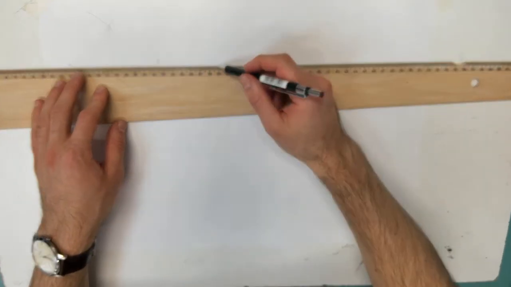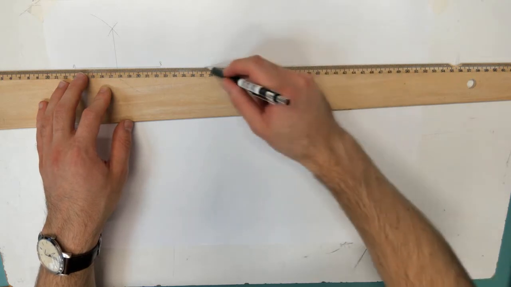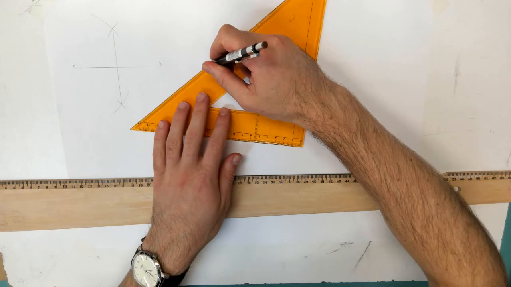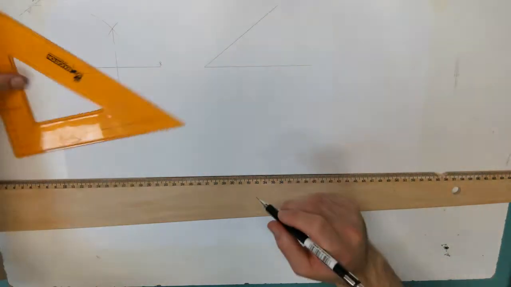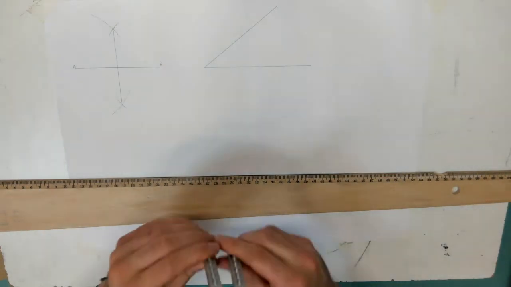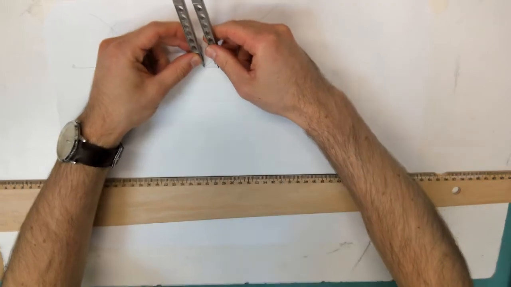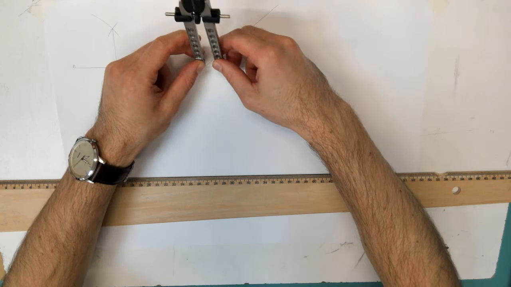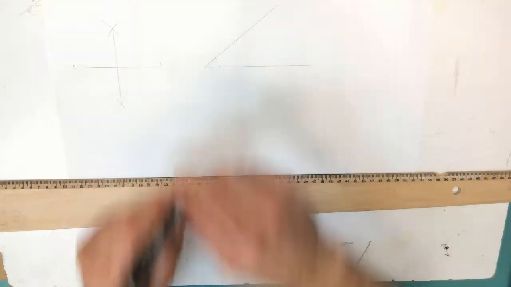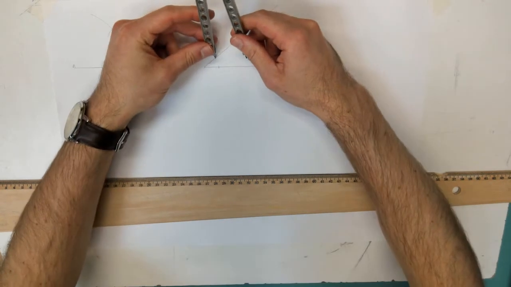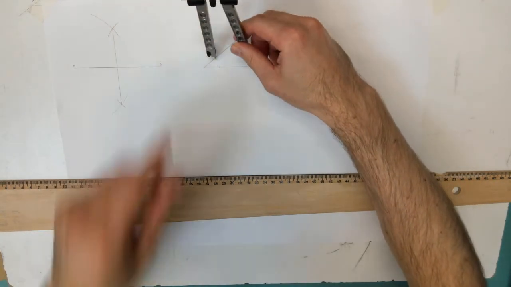So to bisect an angle, just take a line. Just take an angle there, any angle at all, and it's going to bisect this one here. So once again we get our compass, take any distance on our compass, and from that point there, I'm going to swing an arc there and there. All I need to do there is extend the compass, swing an arc from the 2 points